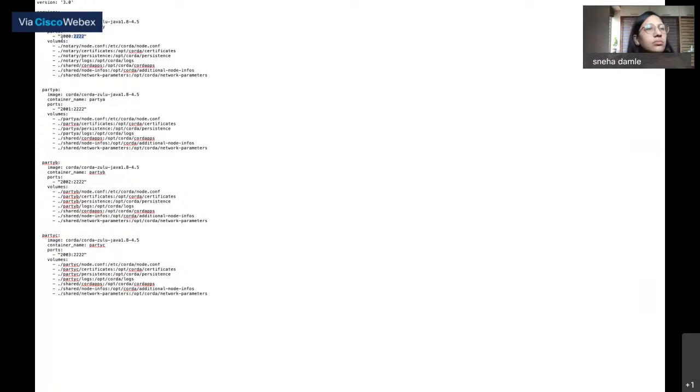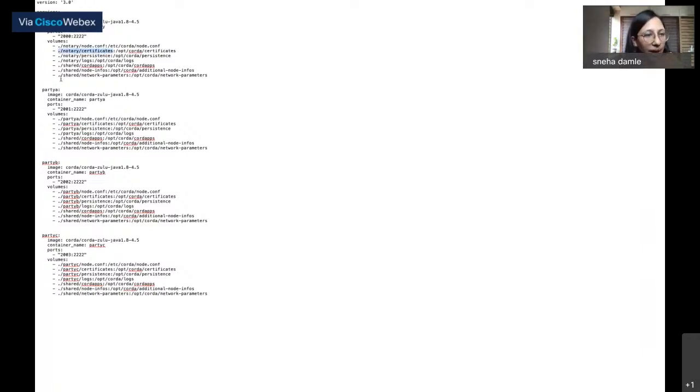Again, these are volumes, but volumes are nothing but persistent storage. If you remember, within the Dockerfile of the Corda node which we saw earlier, we had created different persistent storage: we had created opt/corda, and we had created opt/corda/logs. Now what we are doing here is simply mapping the different directories which we've created.